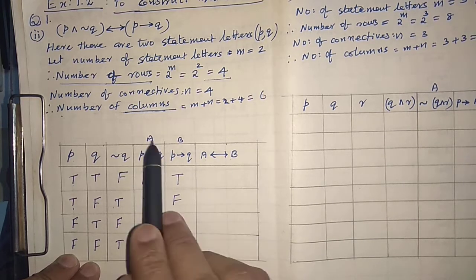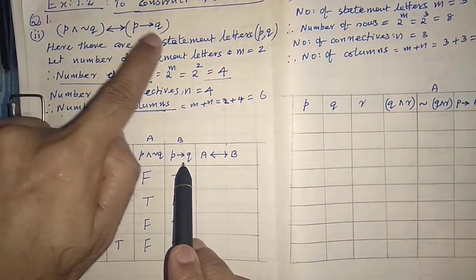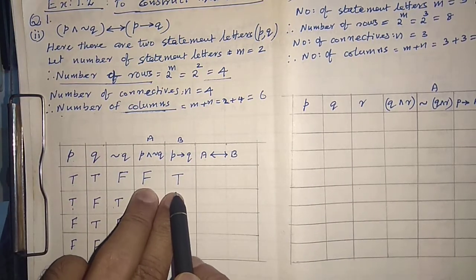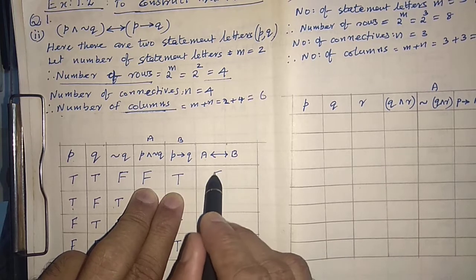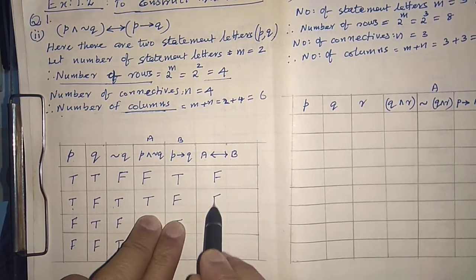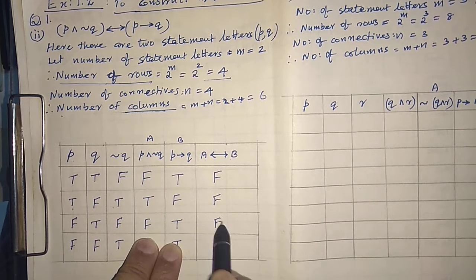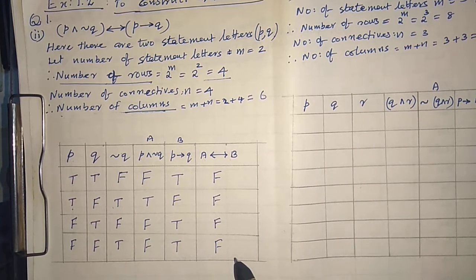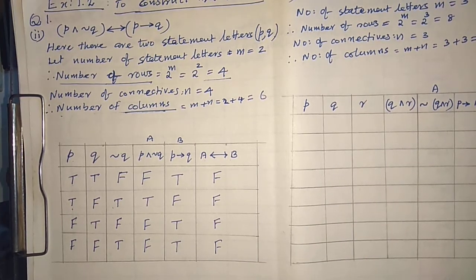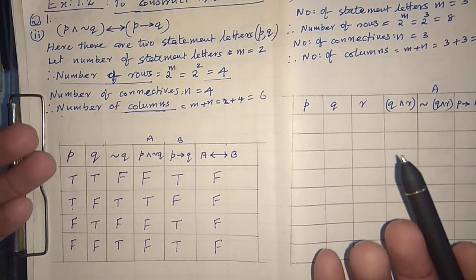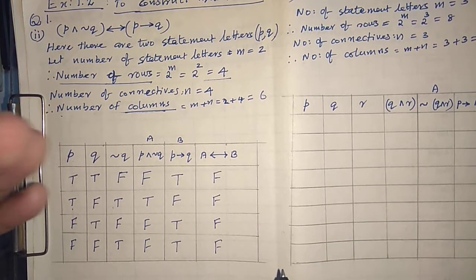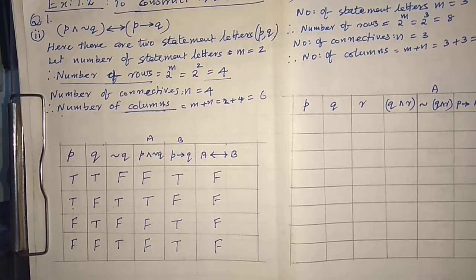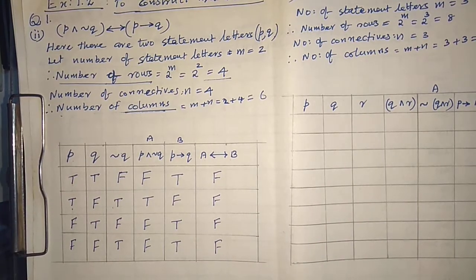Now in the double implication of A and B, this double implies that. For these two statements, if both have the same truth value, then only it is T. Here both are not the same, so it is F. This also F, this also F. This is the statement pattern. Considering whether it is a tautology, contradiction, etc., this is a contradiction.